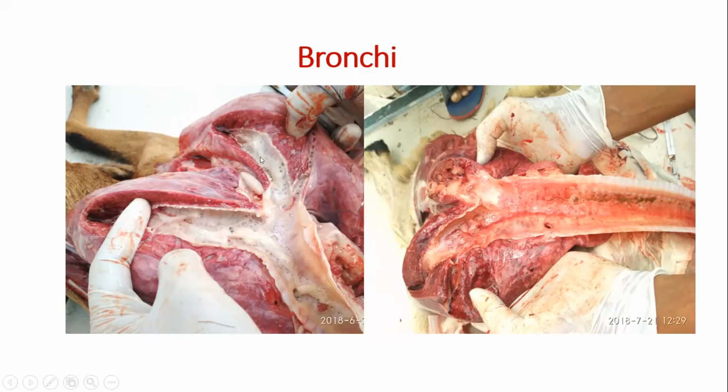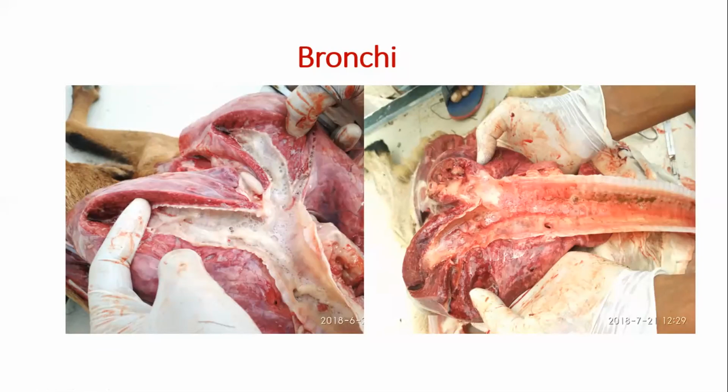Then if you want to take a swab for the isolation and identification of the organisms, you can collect a sterile swab from this. If you don't have a sterile swab, you can take help of a new syringe. Directly in the new syringe, you can suck this material or the fluid which is accumulated in the trachea and bronchus. That will be helpful for the isolation and identification of the organisms, and maybe the antibiotic sensitivity test, and that will definitely be helpful for the early diagnosis of the disease, and we can save the life